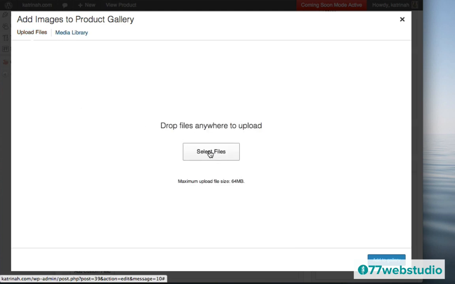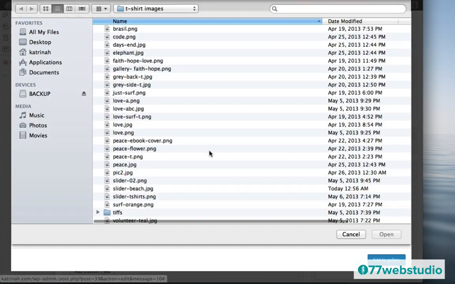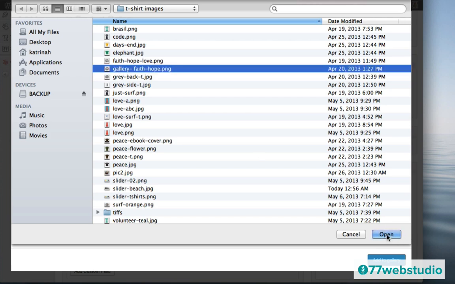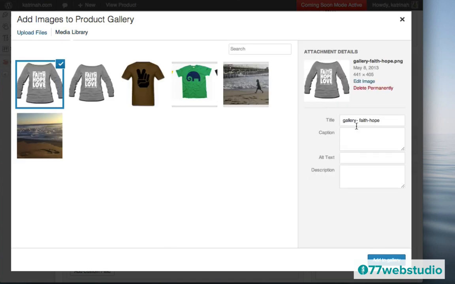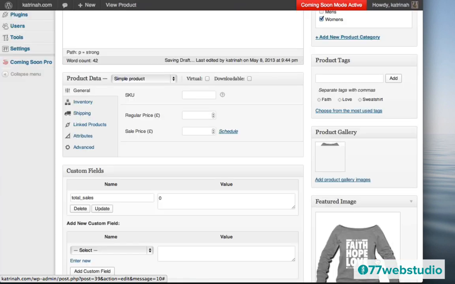And then I'm going to click on Select Files. And then I want to find each of the different images that I want to add. So for example, here's one of the first ones. So I'll click on this one and then I want to click on Open to open this particular one. And once again, I want to give it the title of the Faith, Hope, Love sweatshirt with an alternate text. And I can click on Add to Gallery.